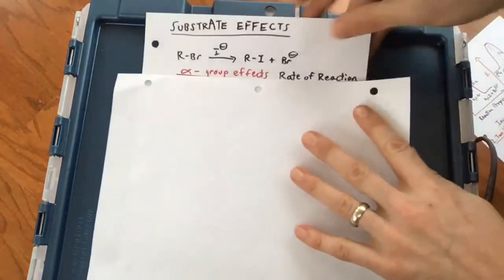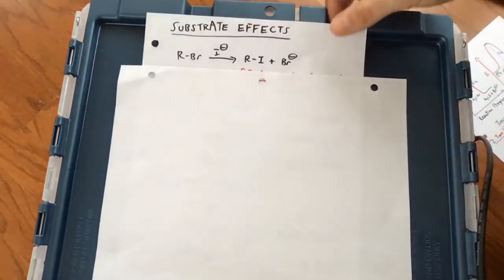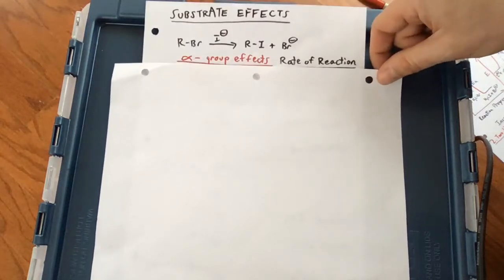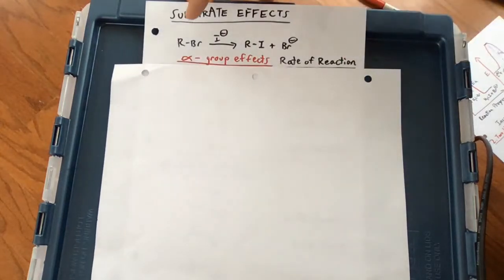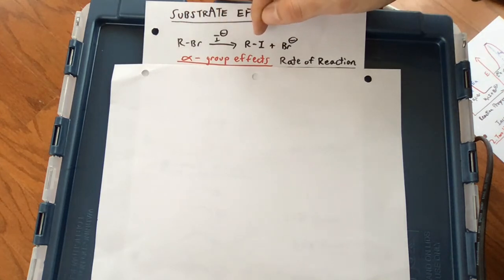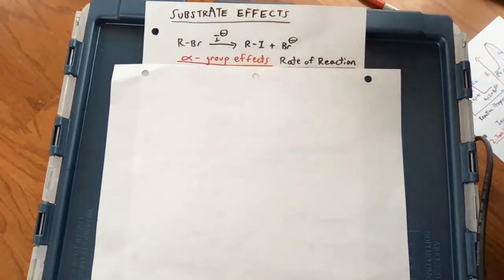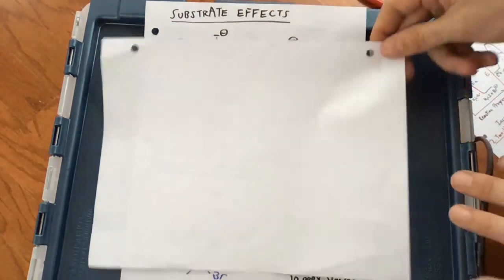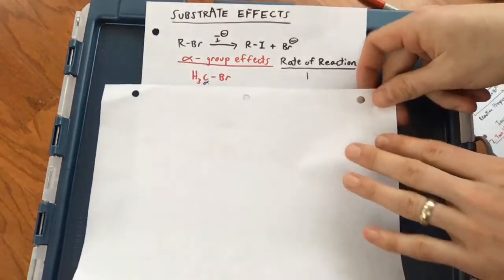let's look at the reaction rate for this reaction, where we have some alkyl halide. We'll say specifically what they are below, but we have some alkyl halide attacked by an iodide ion to make an R bonded to an iodide. R here is any alkyl group. It's bonded to an iodide, and we kick off the bromide anion. So if we just look at alpha group effects, we see that